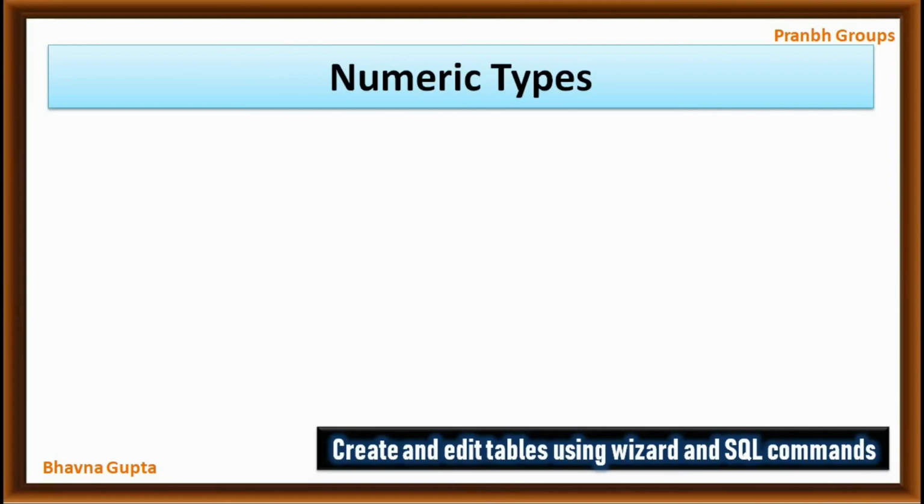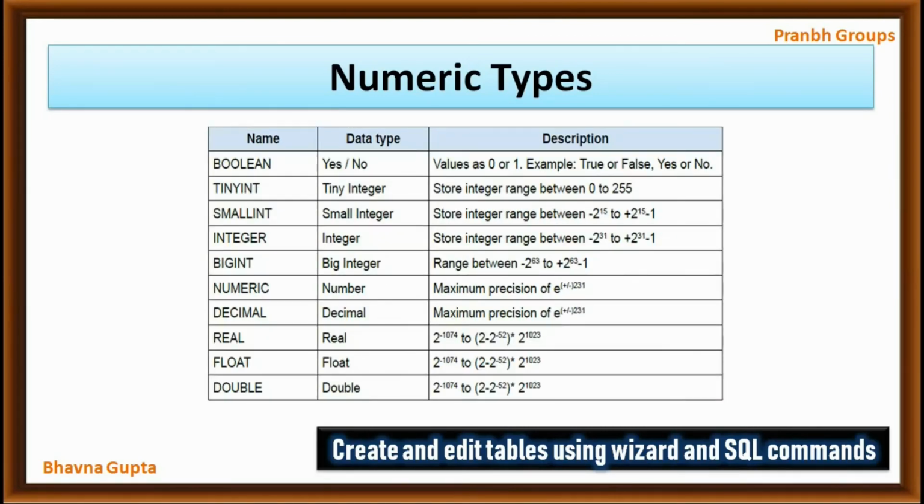So first type is numeric types. Numeric data types are used for describing numeric values for the field used in the table of a database. Numeric data types in a database can be used for storing information such as a mobile number, roll number, door number, year of school admission, true or false statement, statistical value, etc. The different types of numeric data type available are listed here.